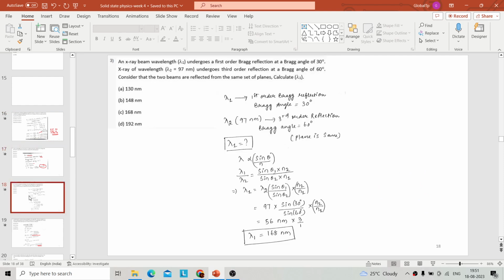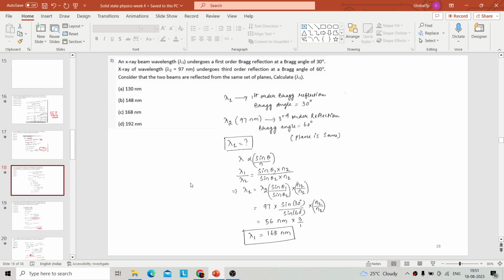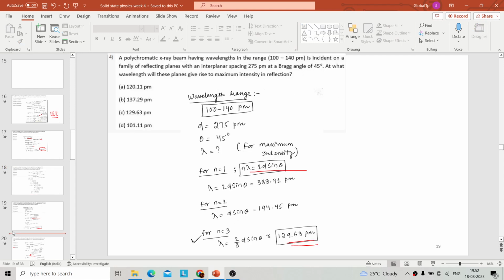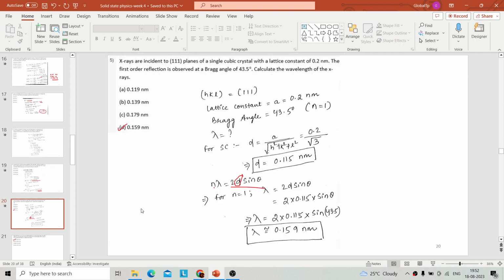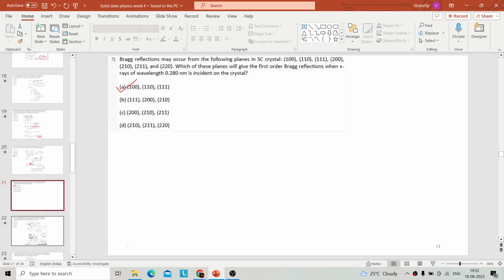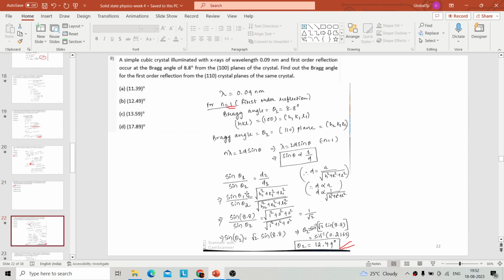Bragg's law of diffraction. Another problem which we have gone through today is calculating the wavelength lambda. For that you have to know the relation between wavelength and the angle of incidence theta. And another problem which we have discussed today is